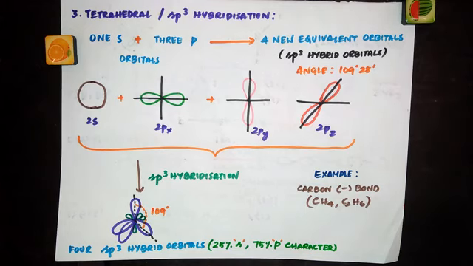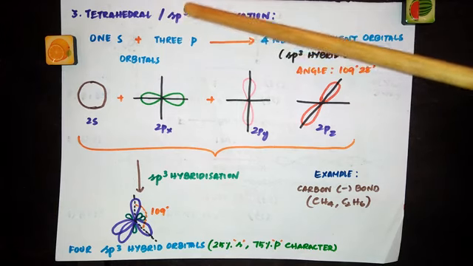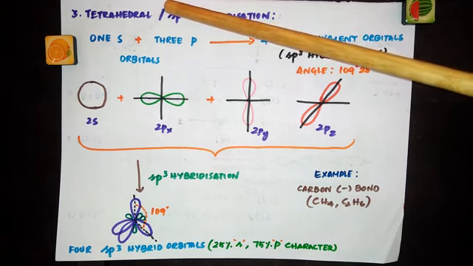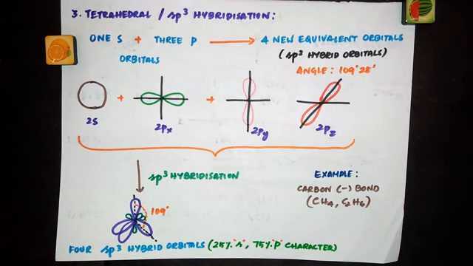And one more thing, the number of hybrid orbitals formed depends upon the number of atomic orbitals undergoing mixing. So in the case of sp, how many hybrid orbitals do you get? 2 hybrid orbitals. In the case of sp2, you are getting 3 hybrid orbitals. In the case of sp3, 4. See, from this itself you can see p3 s1. So 3 plus 1, 4. So 4 hybrid orbitals.